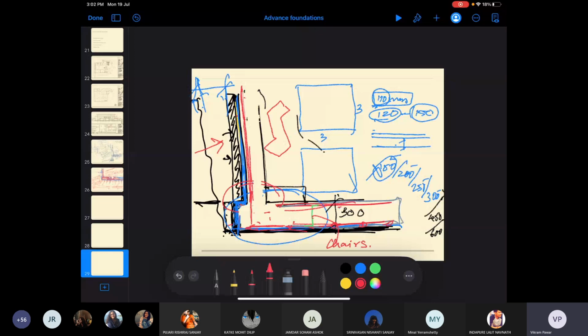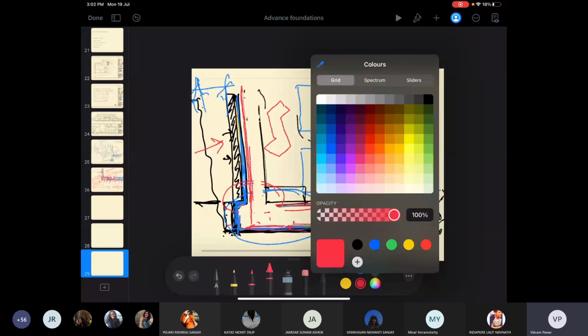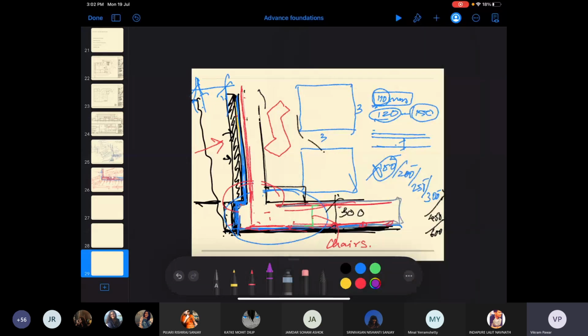Whereas this reinforcement will go like this. If there is enough kind of a toe, it will go like this, but otherwise it will go and turn over here. So it will be poured like this.